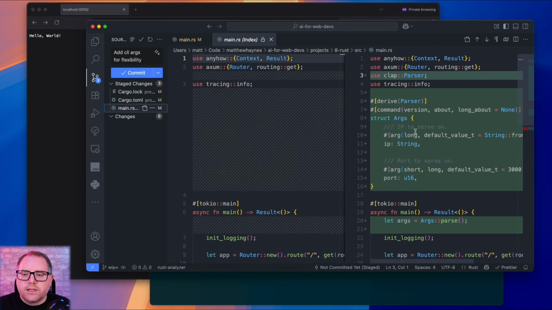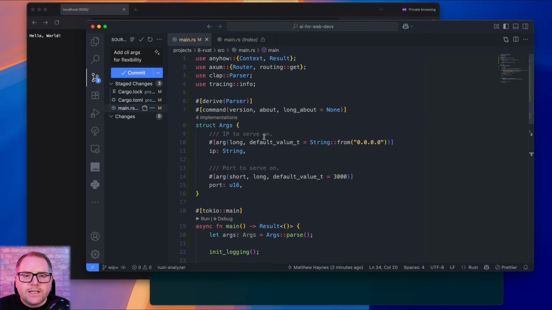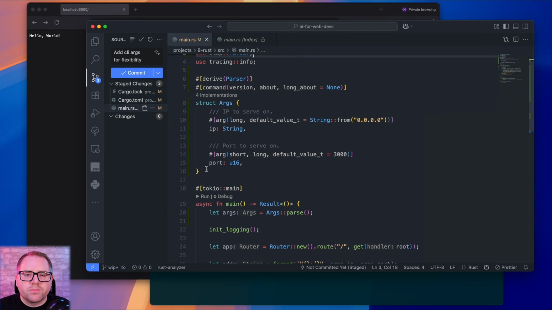So if we take a look now at our command line arg parser, we're bringing in clap's parser, and we can pretty much see where the diff is. So I'll pop over here. We've brought in the command line parser requirement. We're going to set up a struct for our command line arguments. There's going to be 2 of them for now. There's going to be the address that we're listening on. In this case, it's going to be a string for now. We're going to set it to a default value of 0.0.0.0. So if we don't provide this argument, it's going to default to 0.0.0.0.